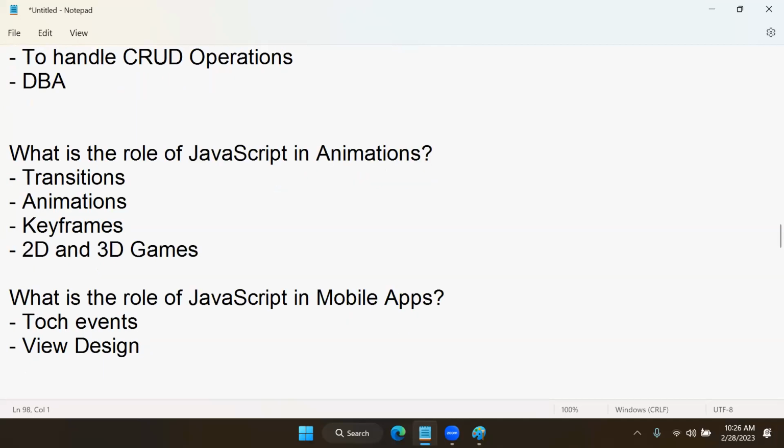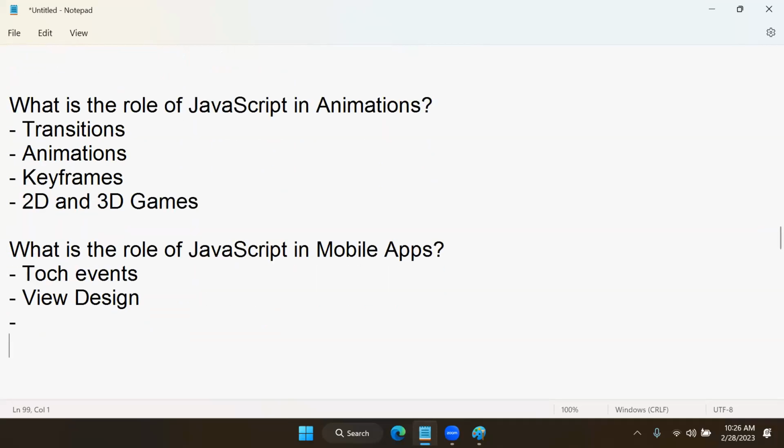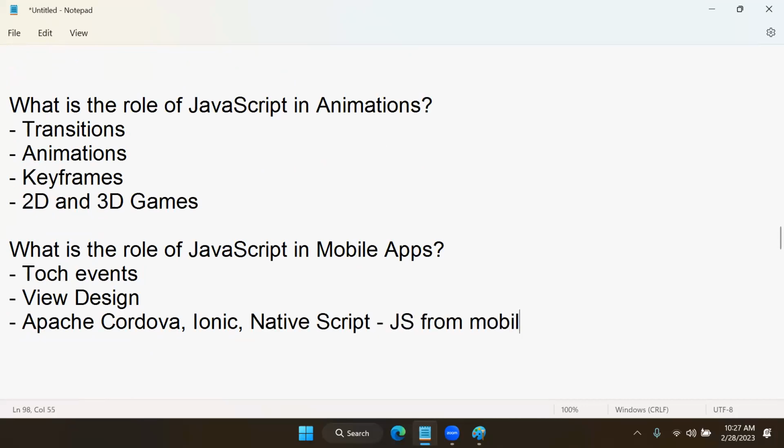And there are so many frameworks which use JavaScript for mobile development. You might have heard about Apache Cordova. You might have heard about Ionic. You might have heard about a concept called NativeScript. These all frameworks use JavaScript for mobile development. For example, you see here